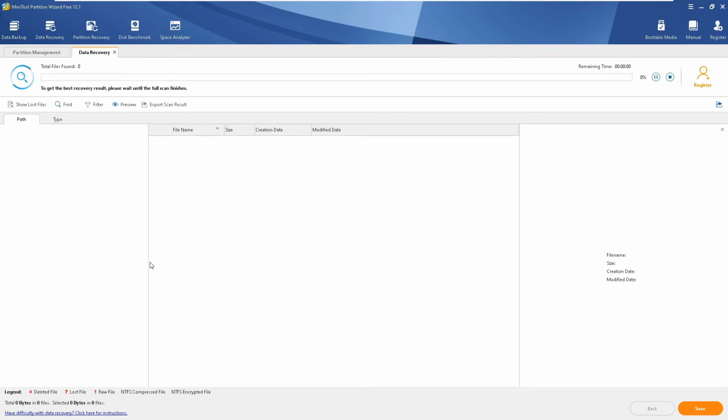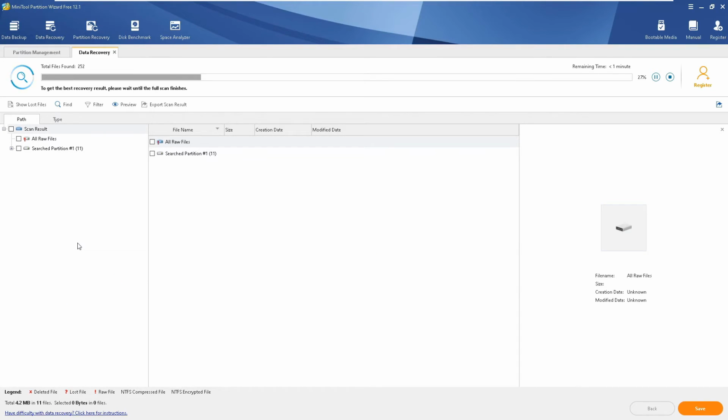Data recovery. I'm not going to cover this topic in this video. This is probably for a later version, I mean, a different video. So data recovery, it's there in the free version, but I'm not going to cover it right now. I'm just going to stick to creating partitions, and so I'm going to stop it, and we'll be coming back